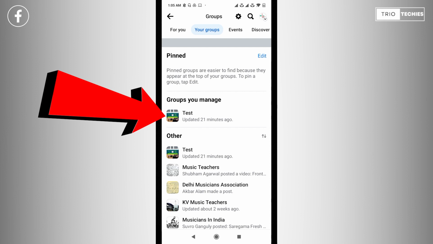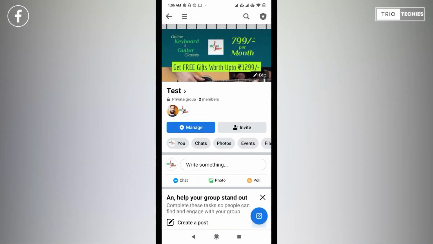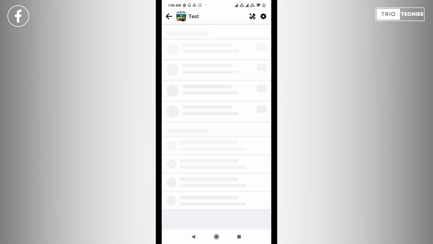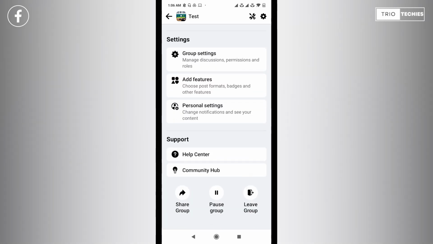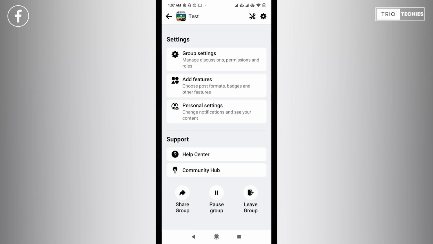You need to select one group which you want to delete. In this case, I am going to select this particular test group. Once selected, this group will open up. Now on the top right corner, you will see an icon like a shield icon. You need to click on that shield icon. Once you click on the shield icon, you need to scroll down towards the bottom and you should find the delete group option here. Instead of delete group, it is showing the option to leave group because in this group there